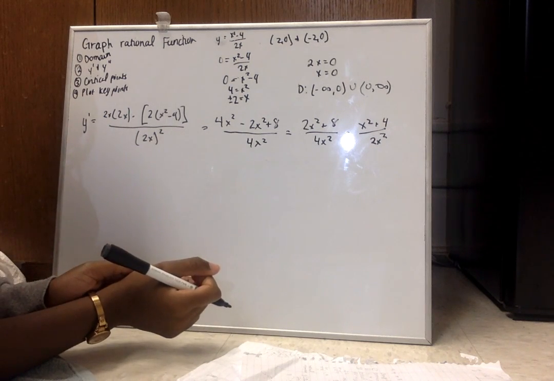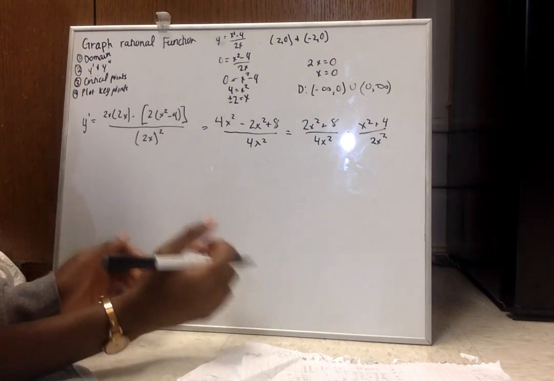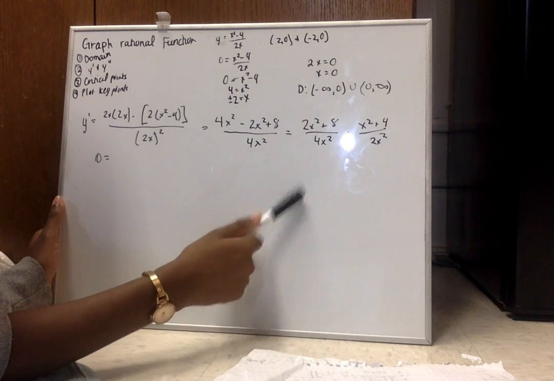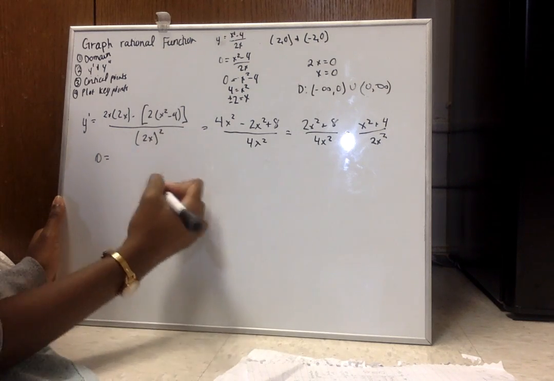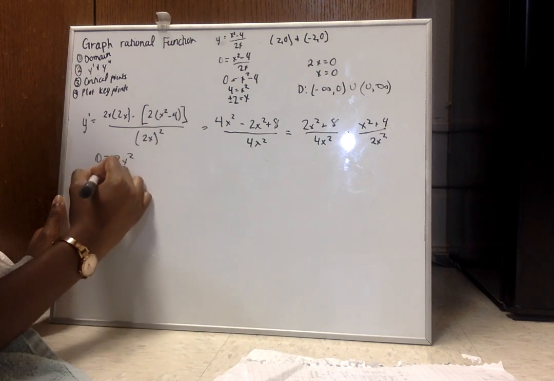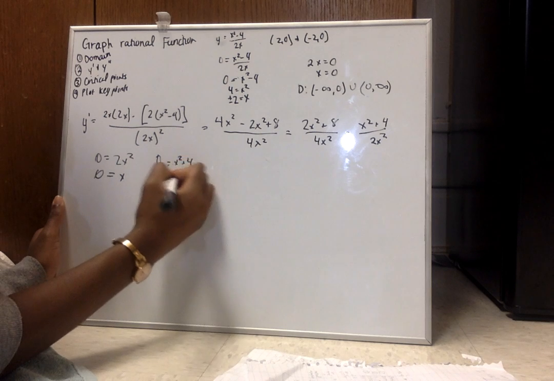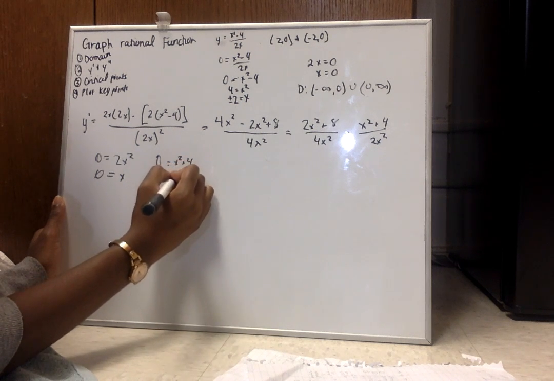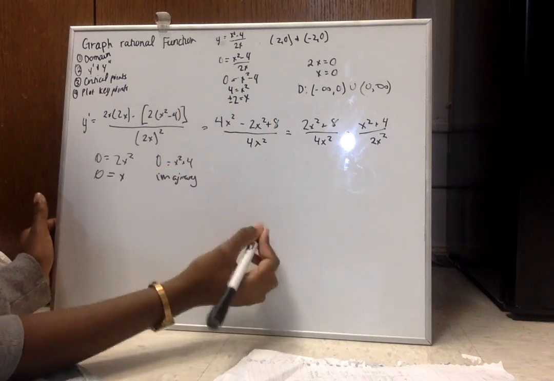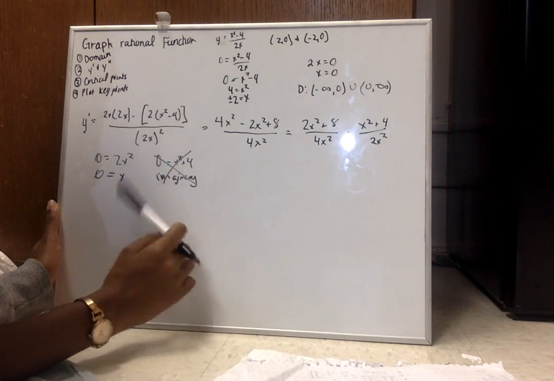So in order to find our critical points, we find where this derivative is 0 or undefined. We're going to set the denominator and the numerator equal to 0. We'll find that this gives us an x value of 0, and this gives us an imaginary number. So we're not going to deal with this one, because we don't deal with imaginary numbers in calculus. So we have our critical point of 0,